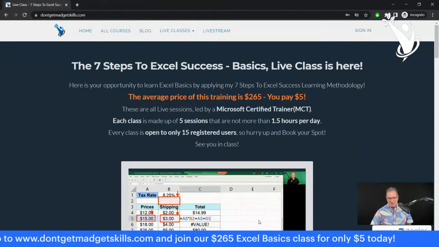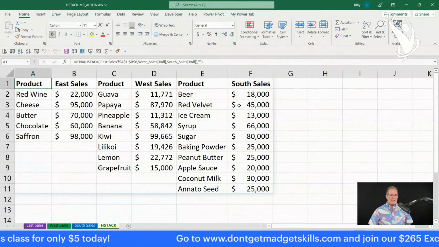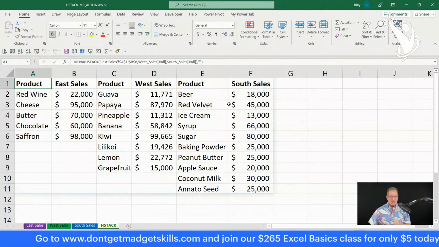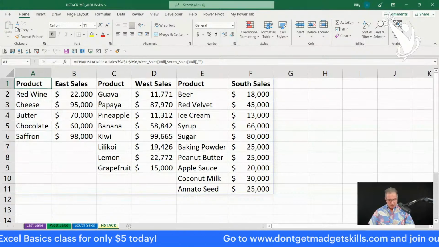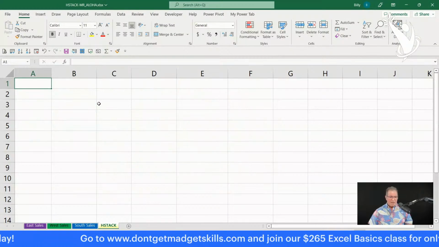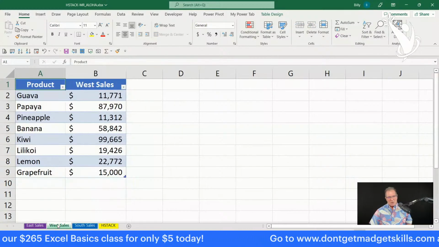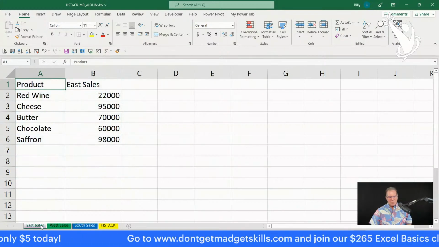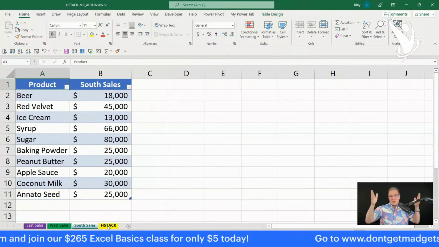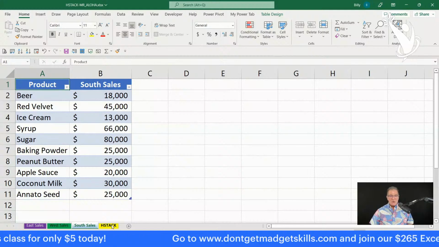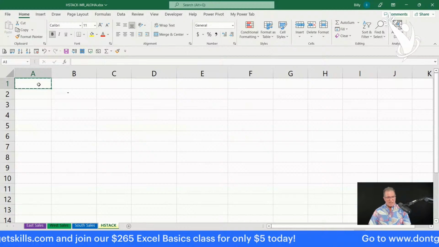All right. So now let's get back to what we're going to be learning today, and that is how to use the HSTACK function. What I've got right here are three tables. I got the South sales table, a West sales table, and an East sales table. I'm going to take these three tables and stack them horizontally so I can view them side by side. It's real easy to do with just one function. We write a formula using the HSTACK function.